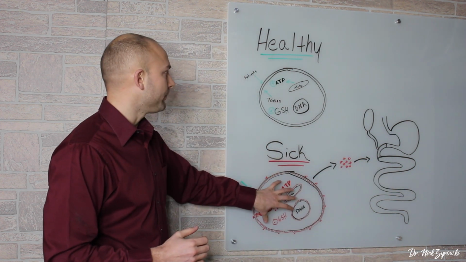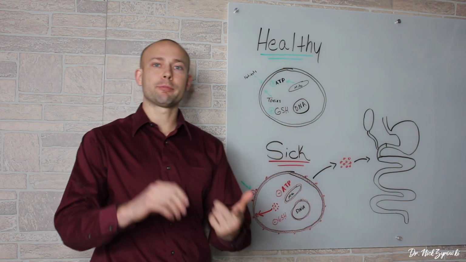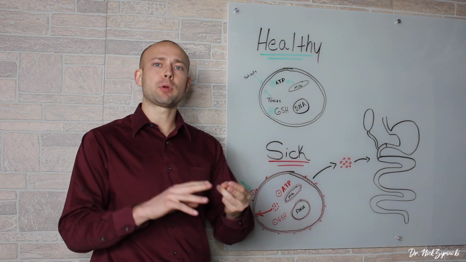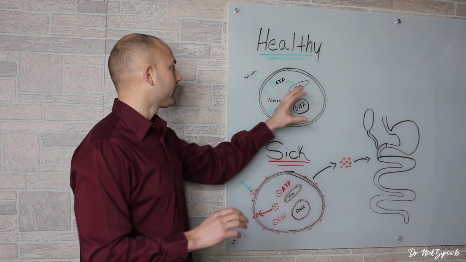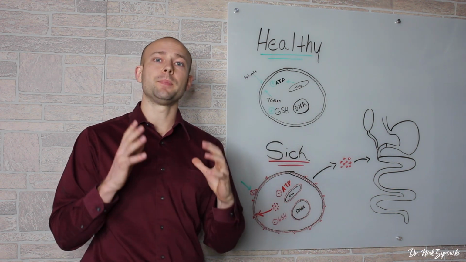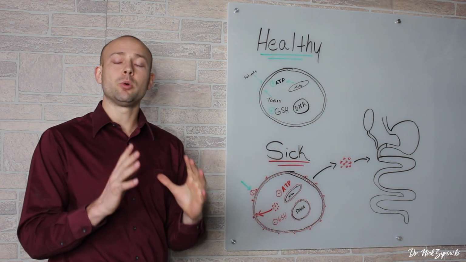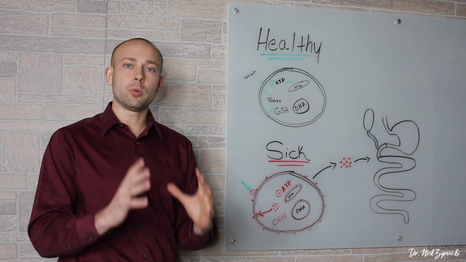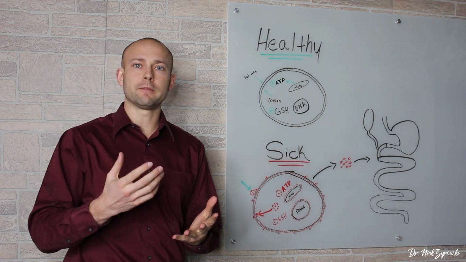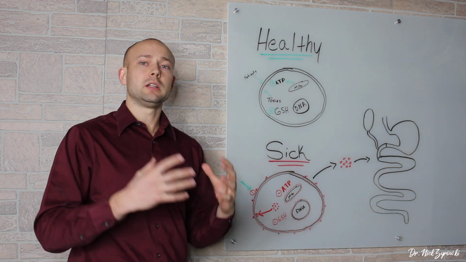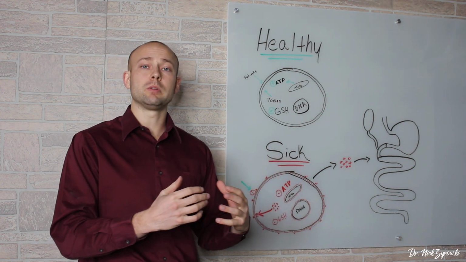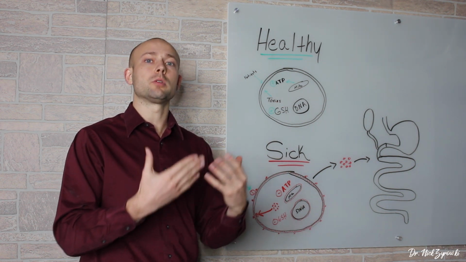And essentially then we get a healthy cell, and we have proper energy in the body. We have proper cellular energy. We have proper glutathione levels. Our DNA is functioning well. We're getting nutrients in the cell. We're kicking those toxins out of the cell, and essentially from there, now we have a healthy functioning cell. Now we feel good. Now we have energy on a daily basis. We don't have the brain fog anymore. And of course, last but not least, we reduce cellular inflammation, we reduce chronic inflammation, we reduce the risk of